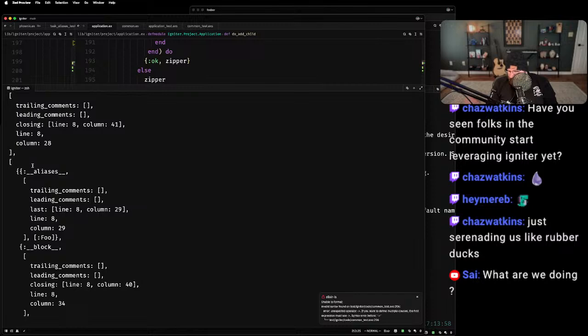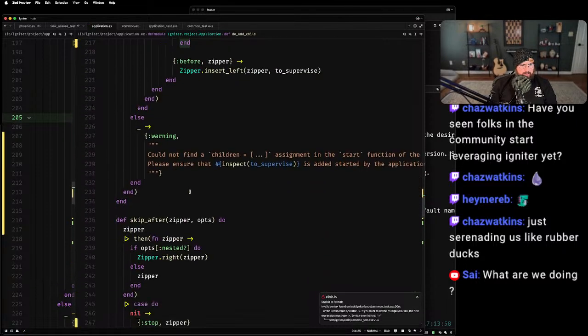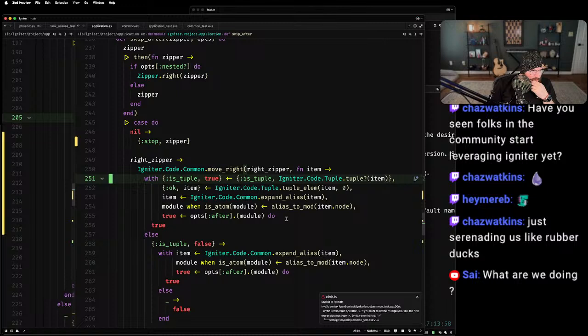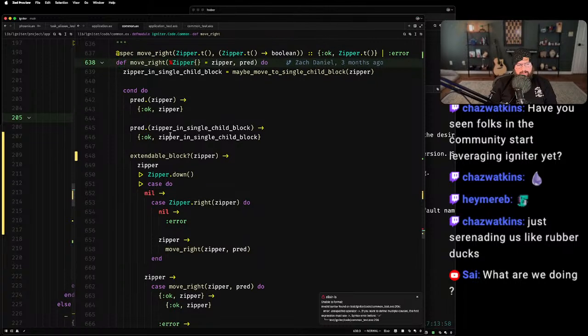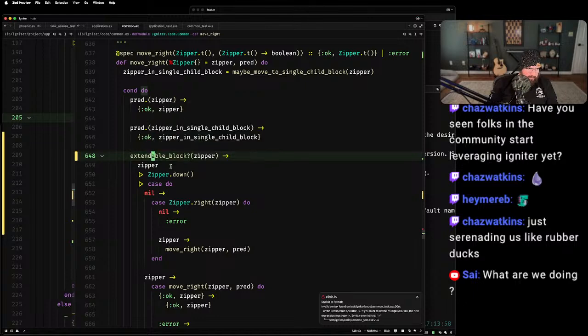What does that mean? I think what we're missing is maybe an igniter. Let me just leave this here, but we're missing a within call to not, because we move right. We go through each one. But we only want to be at, it's like we don't want to go into single child blocks. I guess that's kind of where that whole multi-child block was, because if it was a single child block,